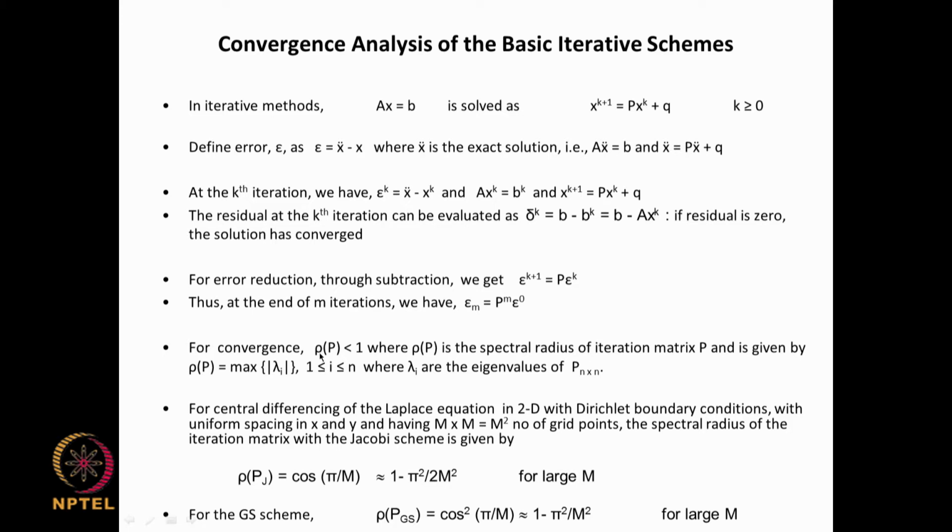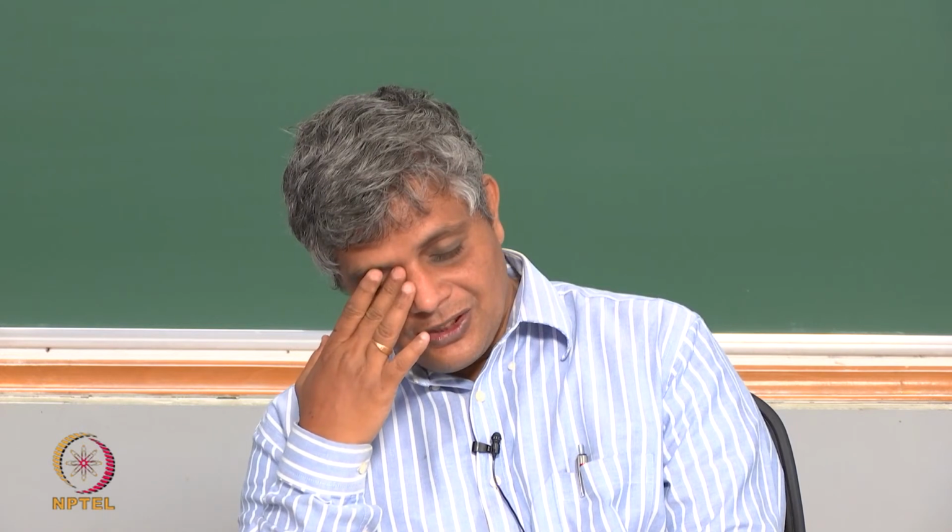So, ln of 1 minus rho, or rather 1 by ln of 1 minus rho, is the number of iterations required to reduce the error by a factor of e, which is 2.71 or something like that. So, if you want to reduce the error by a factor of 10, then it will take you 2.3 times log of 2.3 divided by log of 1 minus rho